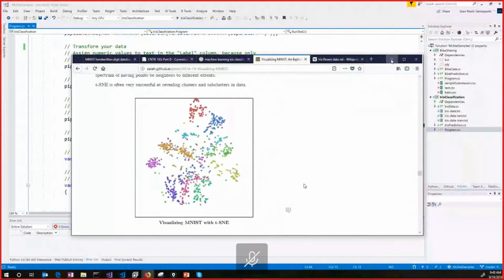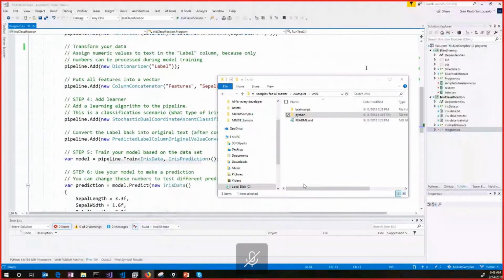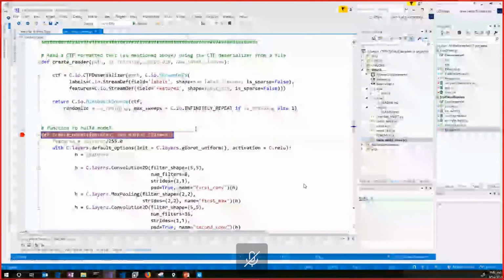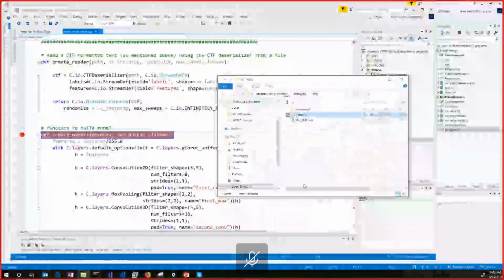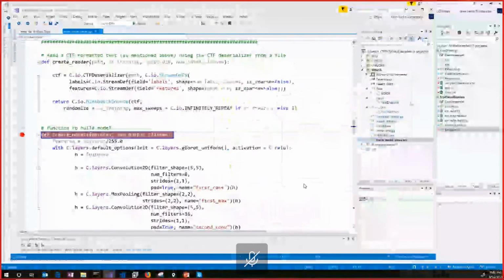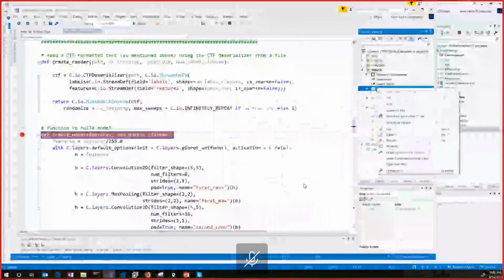Now that said, let's see some examples. As I told you, Visual Studio AI tools have a very good sample repository where you can find a lot of examples for different SDKs.